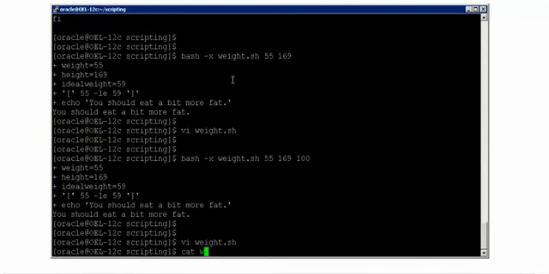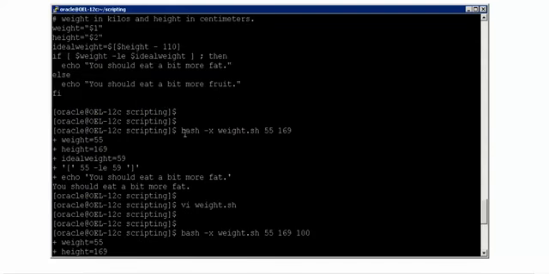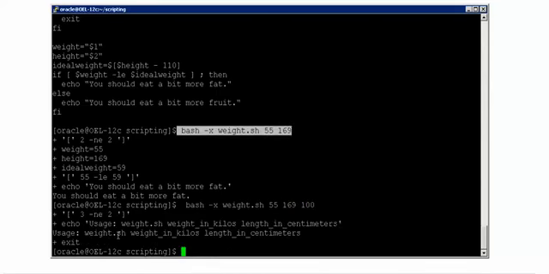Now let me cat it for you. And now if I execute this, see here, if I execute the earlier way, it works fine, no problem. But if I add anything else to it, 100, it doesn't execute. See, it is just telling us that the number of arguments that you have passed is 3, which is not equals to 2.